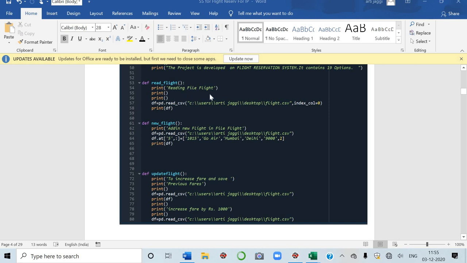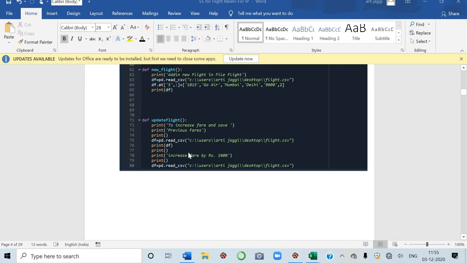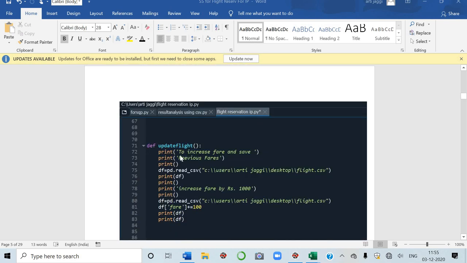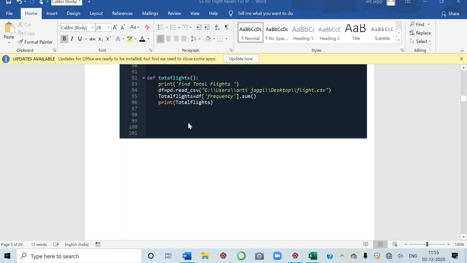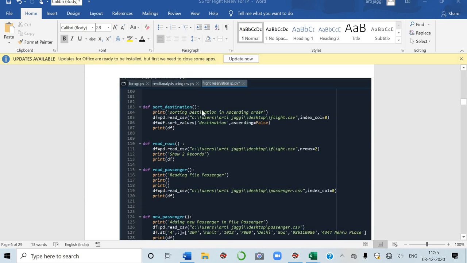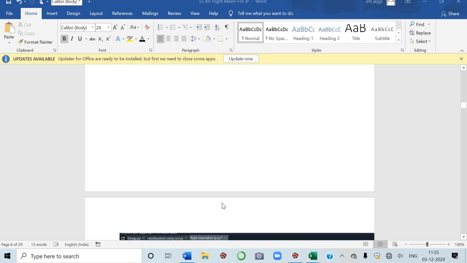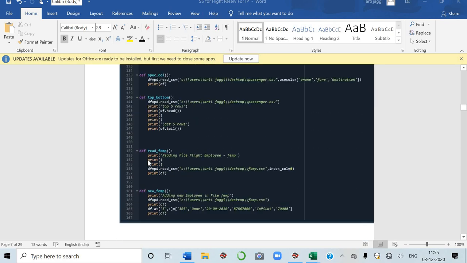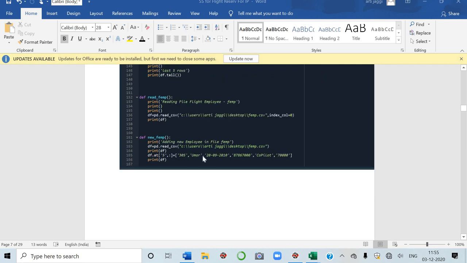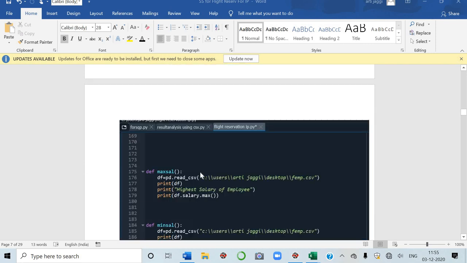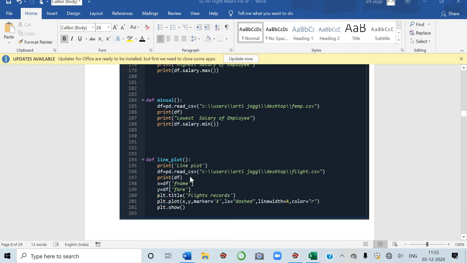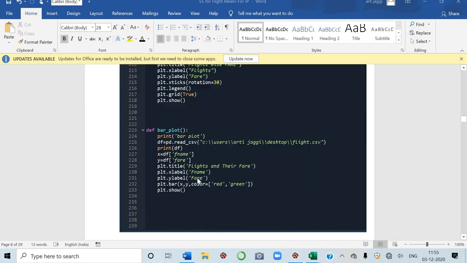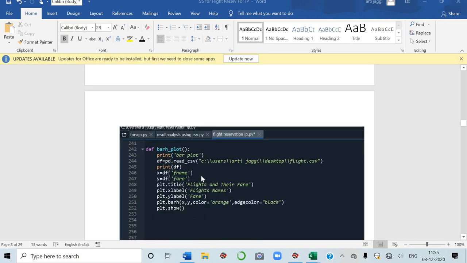Now read flight, reading the file flight, new flight, update flight, total flights, sort destination, read rows, read passenger, new passenger, then specific columns, top and bottom records, then read FEMP, new FEMP adding new record in it, then max sal, min sal, line plot, line 1 plot, bar plot, then horizontal bar plot is also there.